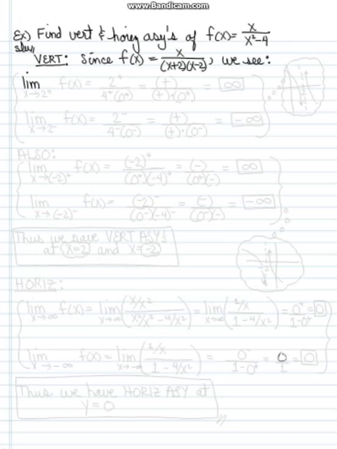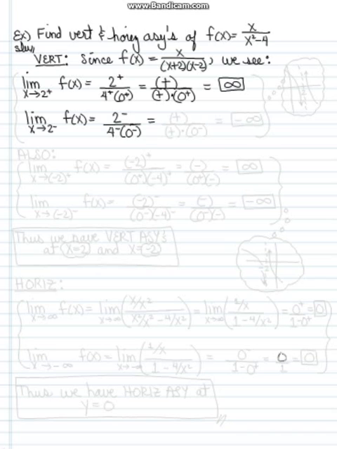So we're going to consider the limit as x approaches the first zero, 2, from the left and from the right, and see what we get. First of all, the limit as x approaches 2 from the positive side of the function is equal to 2 with a little plus, so slightly larger than 2, over slightly larger than 4 times slightly larger than 0. It gives you a positive number over a slightly positive 0, which gives you positive infinity,